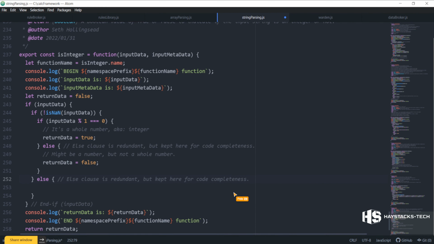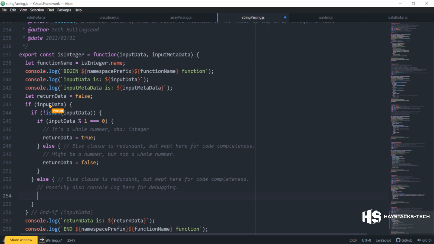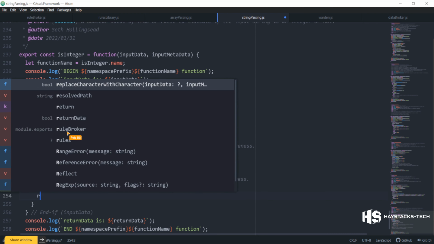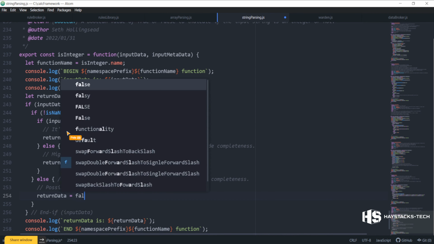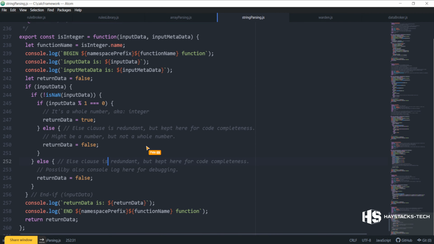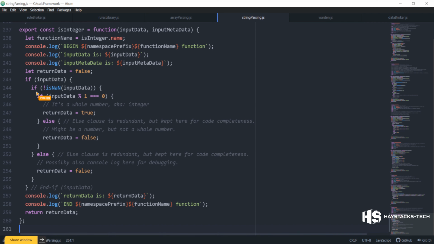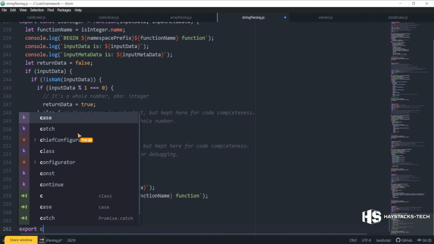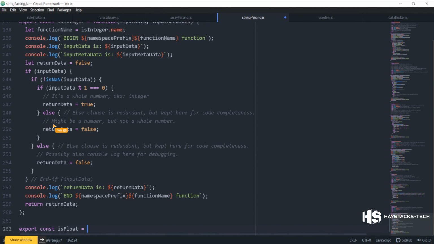And I'll add possibly also console log here for debugging. So that's why I leave it there, because you never know if you're going to need to debug this stuff. Return data equals false. And there are other ways of validating that it's a number or not a number, but I found that this is pretty low level enough for our purposes. I'm missing something here. Is float. Export const is float equal function